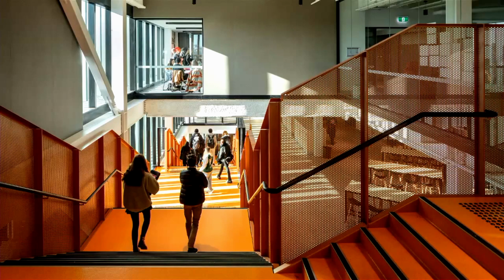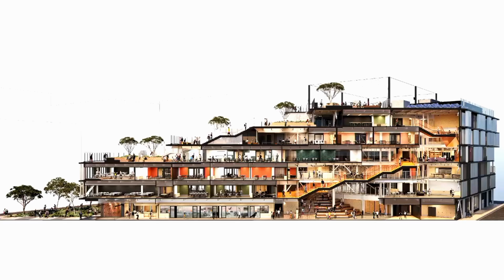That journey that you're on provides you these really great penetrating views that cut through different floor levels and different teaching spaces and different teaching disciplines. It's kind of hard to understand short of being in the building yourself, so it's easiest, I suppose, to understand that journey in section. You can see the orange stair winding up,